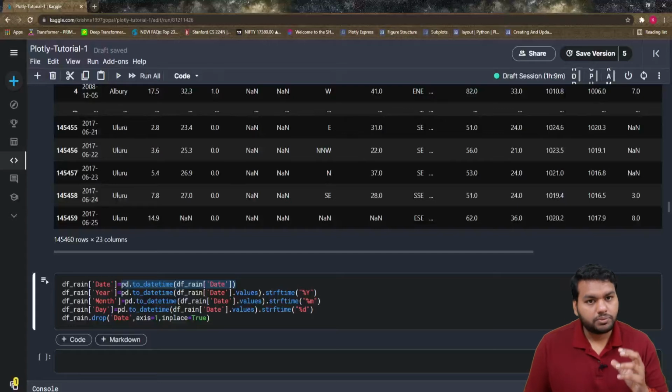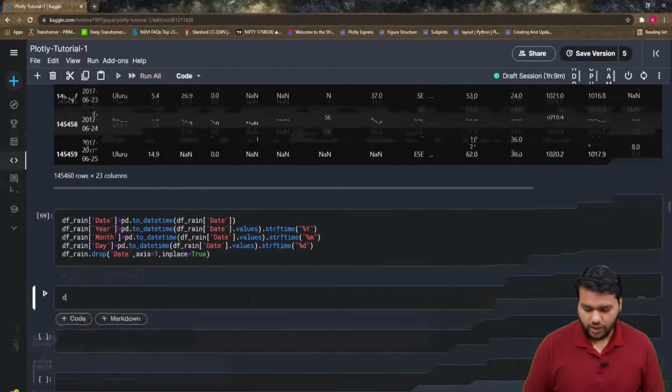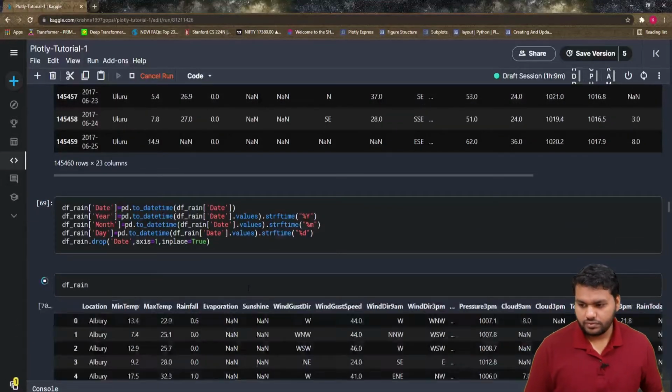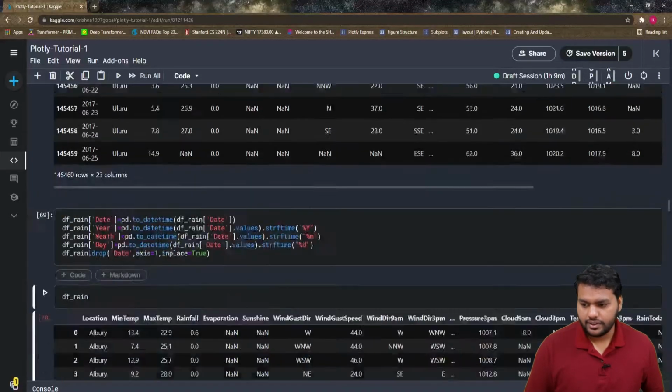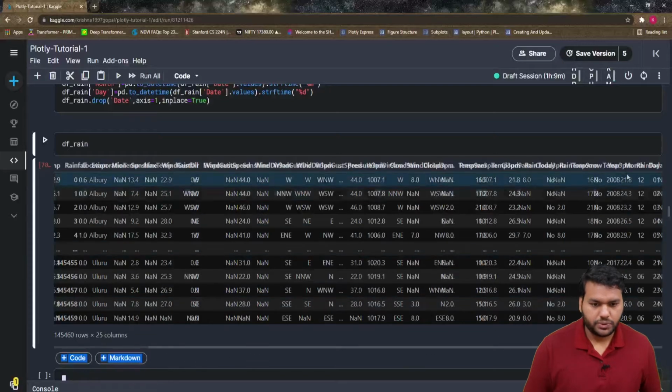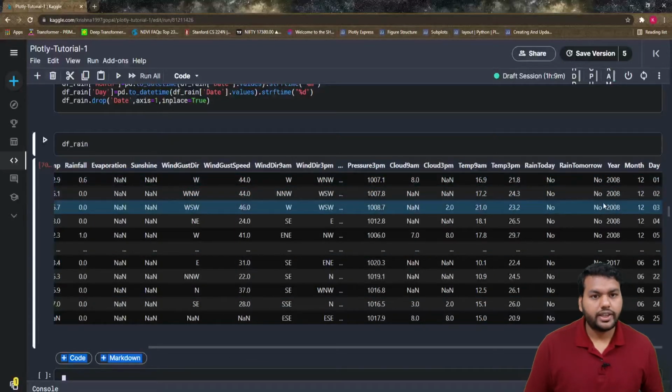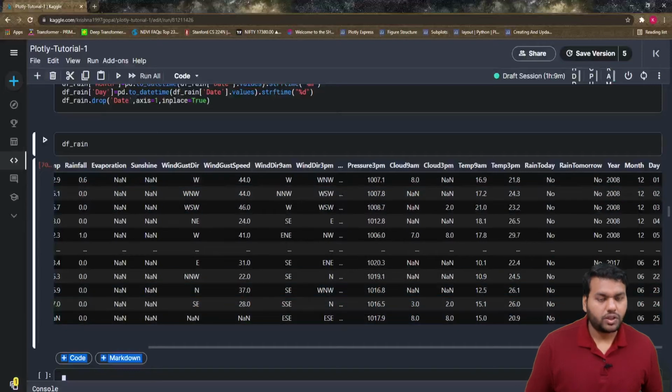object. From the datetime object you can easily fetch the year, month and day. I just pass strftime, capital Y for the year, small m for the month, and small d for the day. And as I told, then we will delete this date column from the data frame. Let's run this one, and now if you print this, we no longer have any date column. At the right hand side you see the year, month and day, the three new columns, from 2008 to 2017.